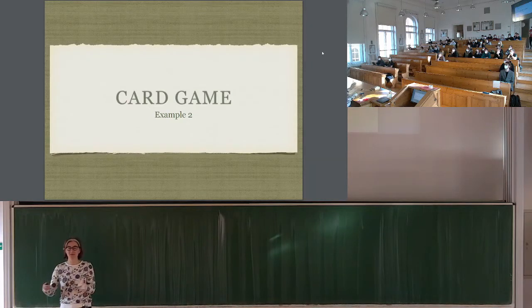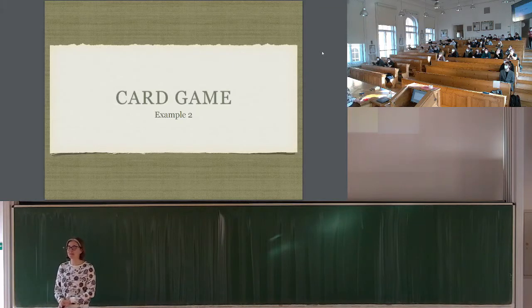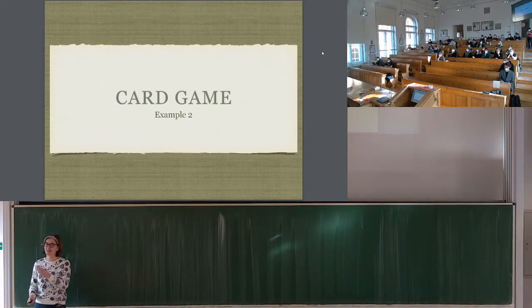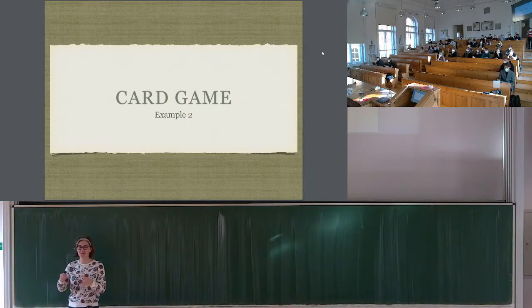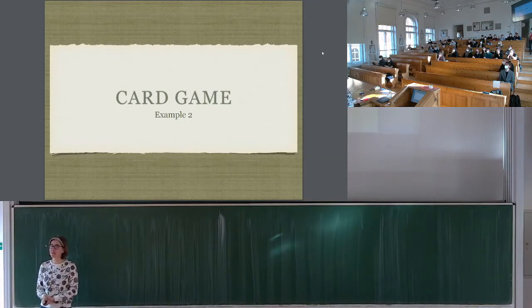example. Okay, we will go away now from graph coloring. I will switch to a second example because I want to get to the machine learning. And this one is kind of getting us a bit on the way, because this problem that I will introduce to you as a kind of card game, it will be a game between you and me. It's an actual problem in machine learning, a very basic one that I teach in my master lecture on machine learning for physicists. So what is this card game about?